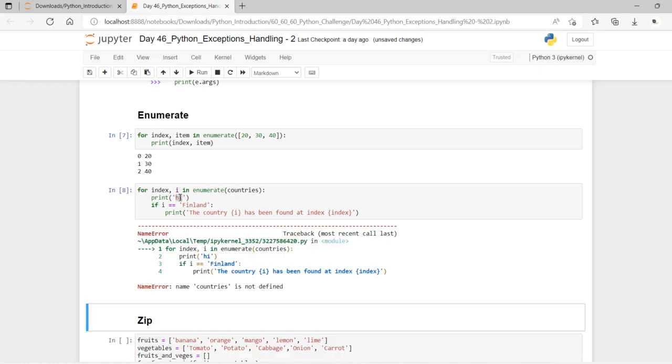So here it happens. Okay, in countries, we didn't have the countries defined here, and I just want to define the countries here. Just a second, dear friends.